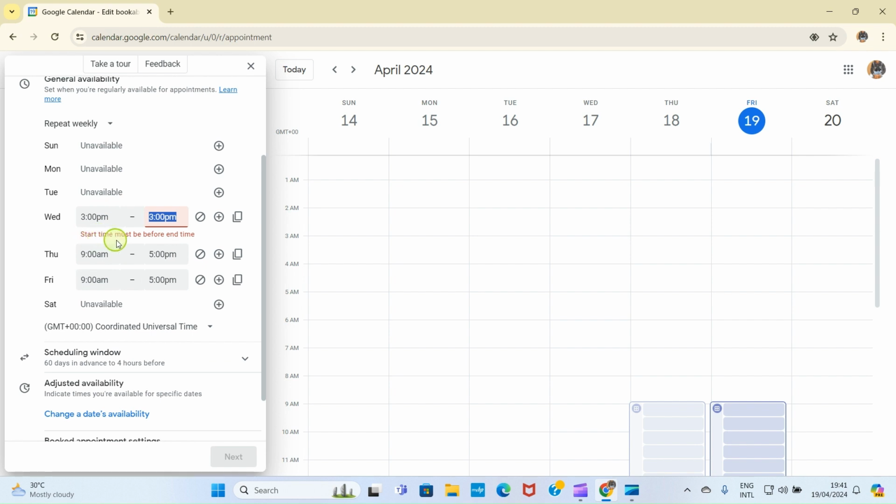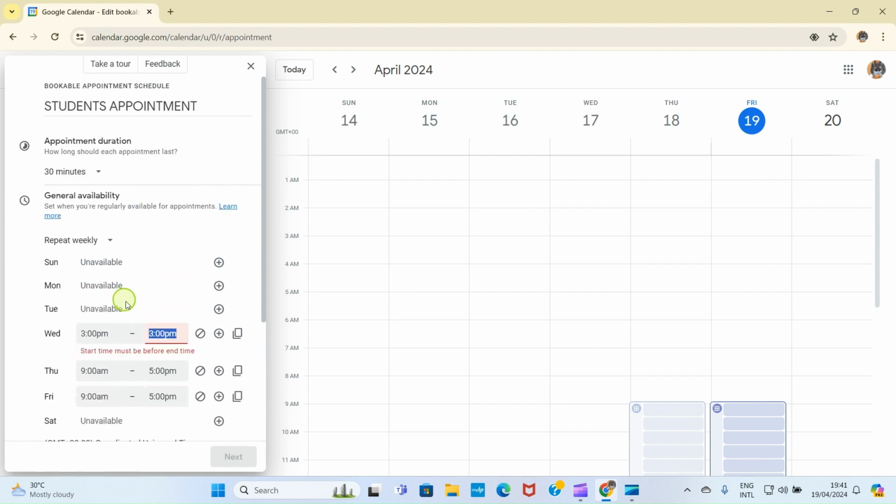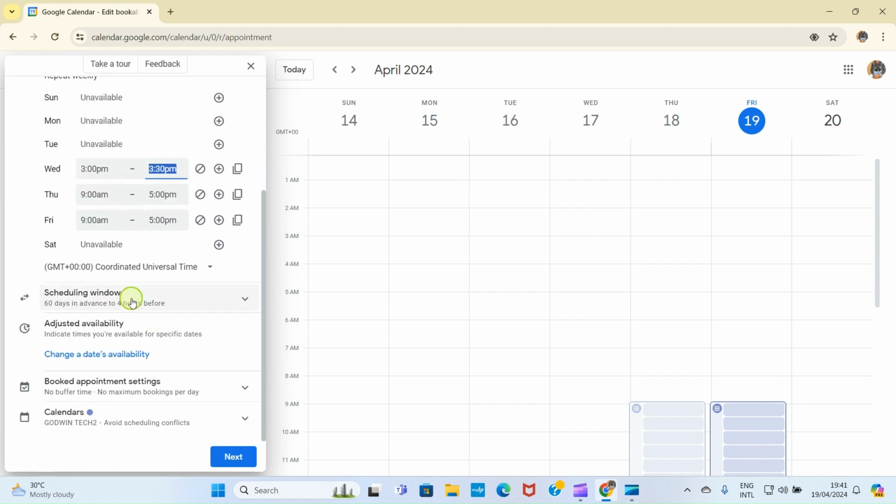Set start time must be before end time. Okay, sorry, I made a mistake actually. 3:30. Good. Then here I will click on Tuesday. The same time is okay for me. 3 p.m. Then 3:30